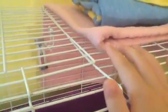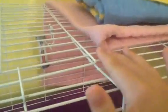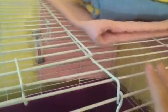Another thing that I do to keep my hedgehog warm is insulate his cage. So what I pretty much do is put towels or blankets like that and kind of line the back of his cage. You want to make sure you don't line his whole cage because then he can't get any fresh air coming in, and that's not good. But usually if it's really cold, I'll line his sleeping area with some type of blanket, but still leave a part open so we can get fresh air in. So that way when the heat comes in, it kind of traps it in there